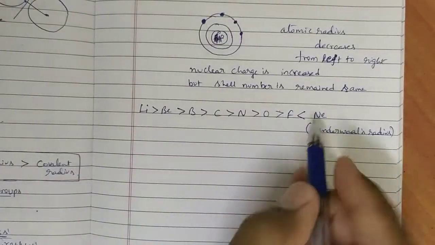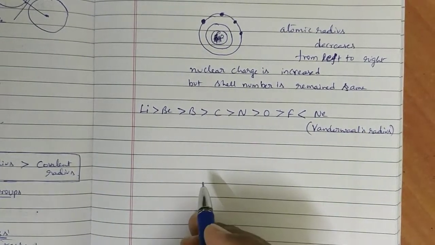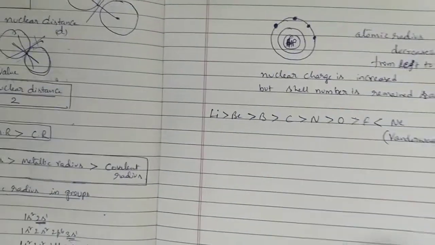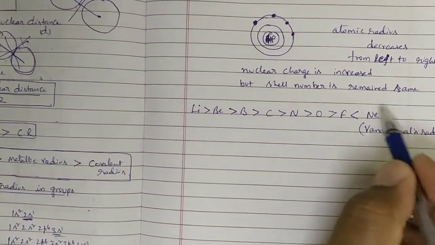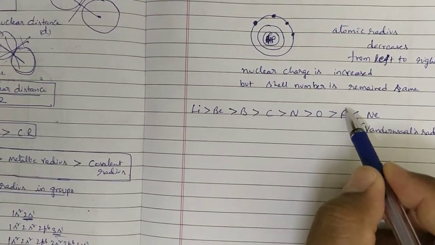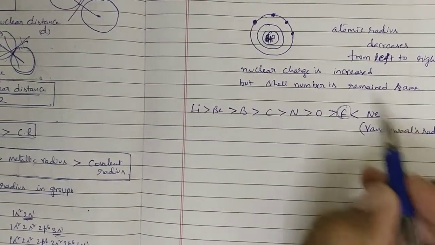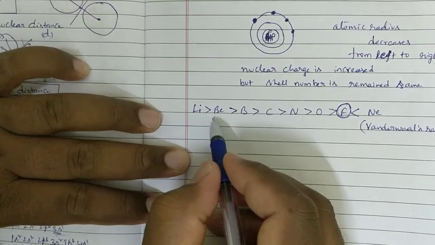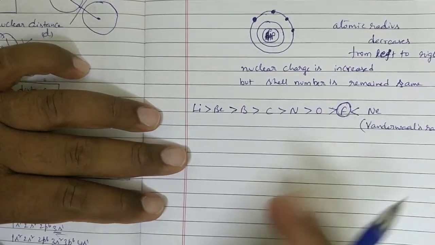So according to that, every inert gas is the biggest particle in a period, because we consider the van der Waals radius in the case of neon. It is an inert gas, so this one is bigger than the metallic radius also. That's why the order will be changed here. And in the first period, fluorine is the smallest one, not neon. Lithium is greater than beryllium, beryllium is greater than boron, boron is greater than carbon. Like that we will write the order, and fluorine is the smallest one in the first period.